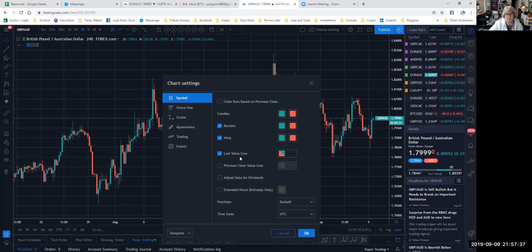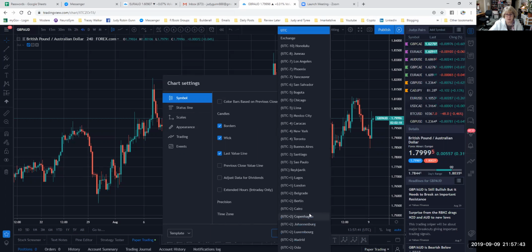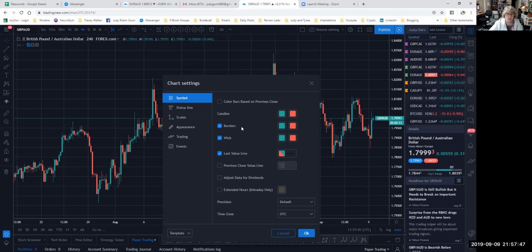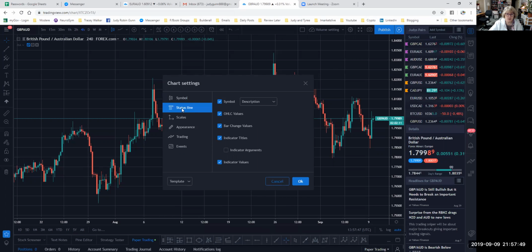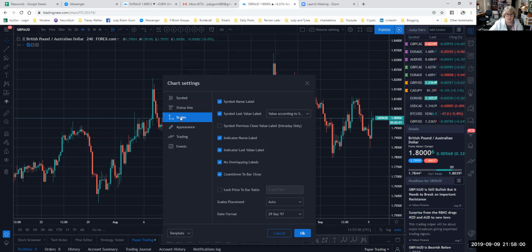Any of these, you can play around with them and see. There's your time zone down there. You can put it on that time zone. So that's the one that they suggest. The status line, these are symbols, descriptions, any of these things that you want on. Scales,